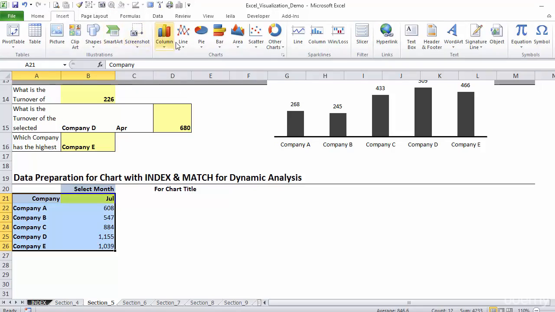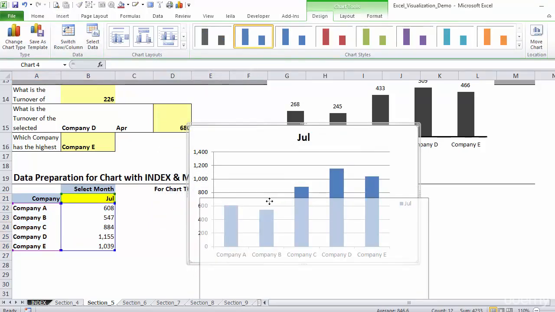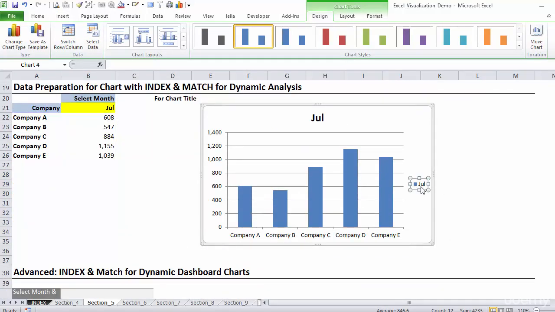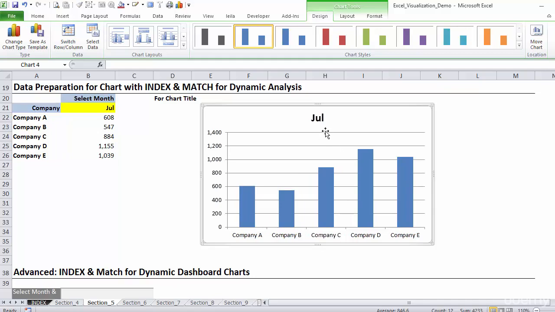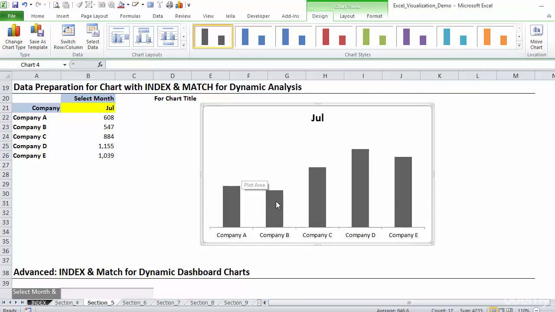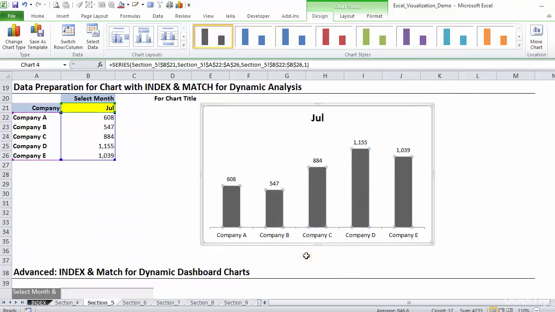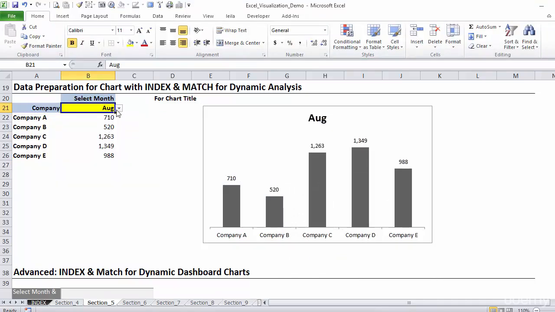I go to insert a column chart. And now I just have to update the formatting. I can remove these, change the color of these, remove the axes, add data labels to them so that when I change this,